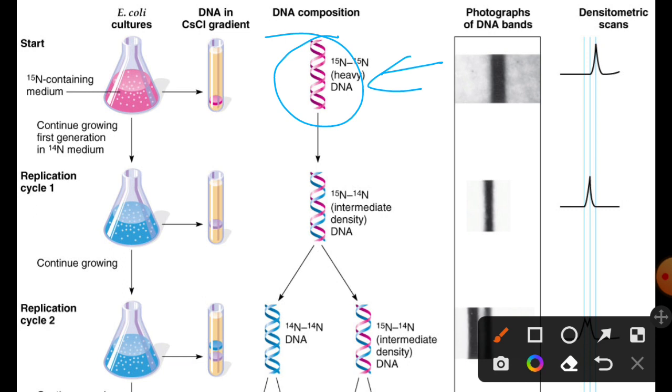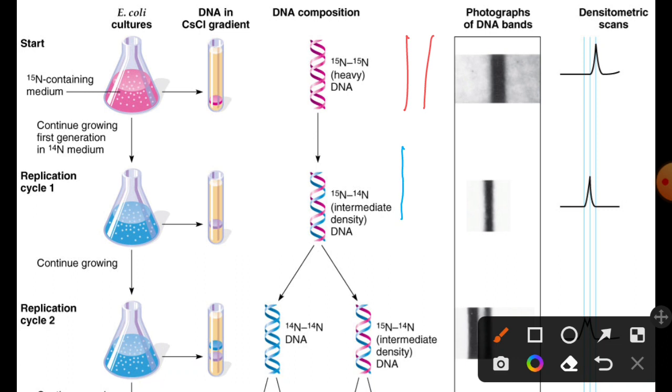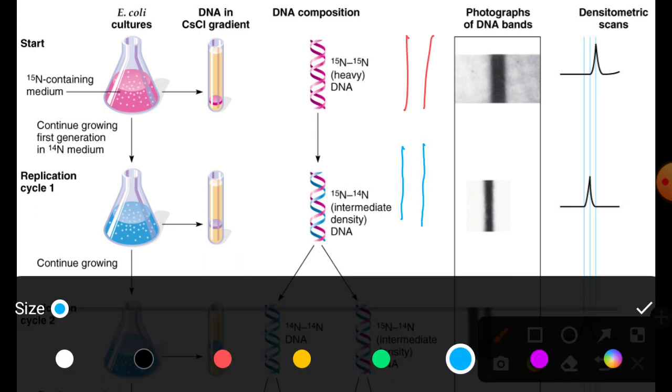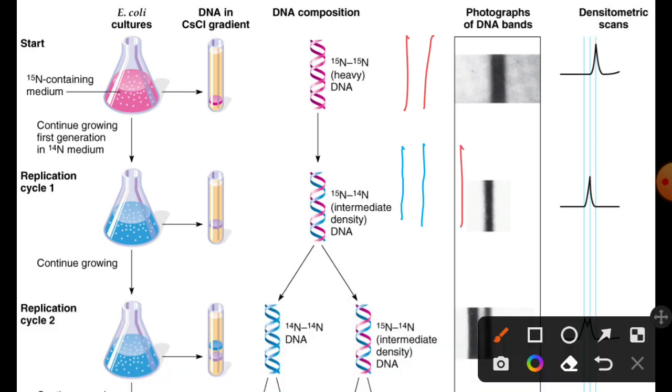Try to think about this, because let's say these two red lines are the two parental strands. Now after the first round of replication in 14N medium, we will get two blue strands, that is the newly synthesized strands, and two red strands, that is your parental strands, if our DNA is conservative. But